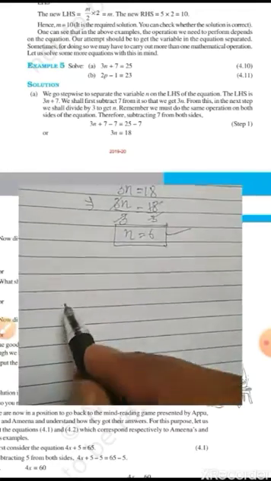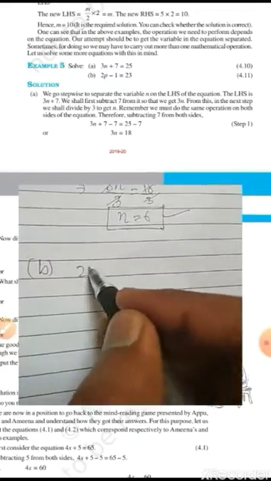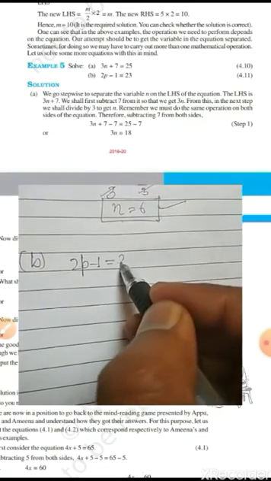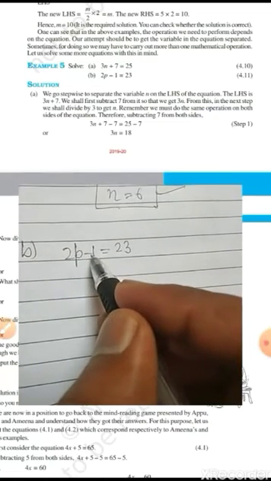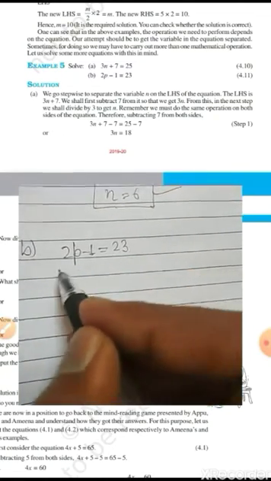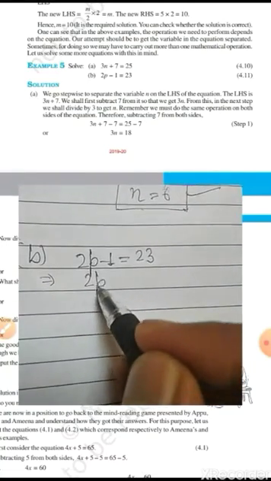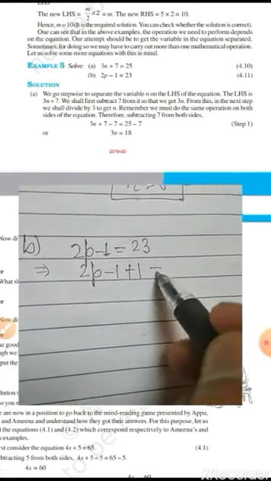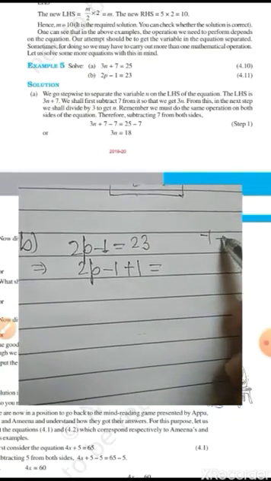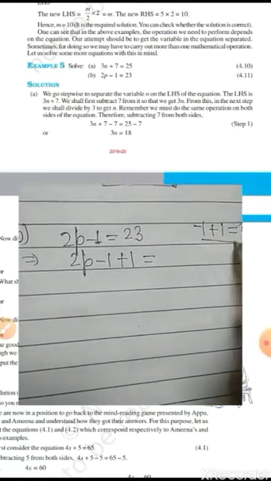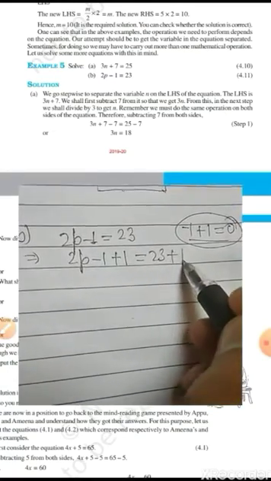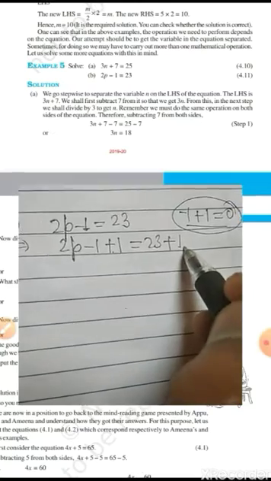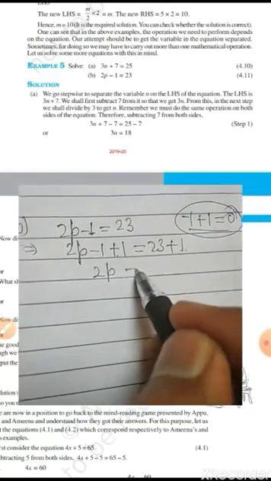देखो अब सेकंड इसमें क्या है, 2p माइनस 1 इज इक्वल टू 23. ओके, अब हमें क्या करना है इसमें पहले -1 को हटाना है. तो -1 को कैसे हटाओगे आप? 2p -1 +1 हमने क्या किया, इसमें ऐड कर दिया। जब -1 को +1 से ऐड करोगे तो ये 0 हो जाएगा। ओके, सो 23 +1, हमने 1 इस साइड भी ऐड किया तो इस साइड भी ऐड करना पड़ेगा। सो 2p इक्वल टू वॉट,